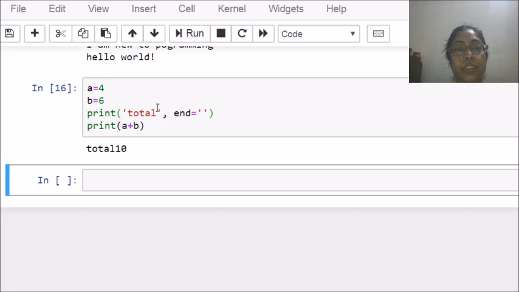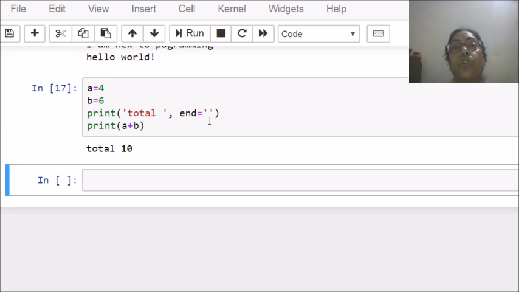So this is how you can modify the output, because by default every print statement ends with a new line character. That means whenever a print statement ends, a new line character automatically gets inserted on the output screen, and the next print statement is going to be printed on the next line.